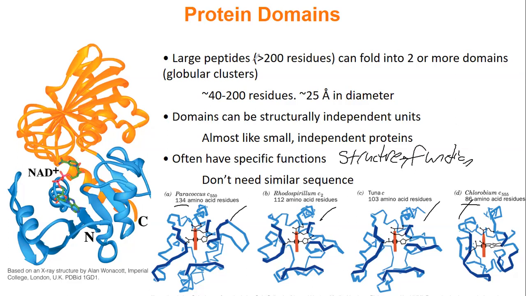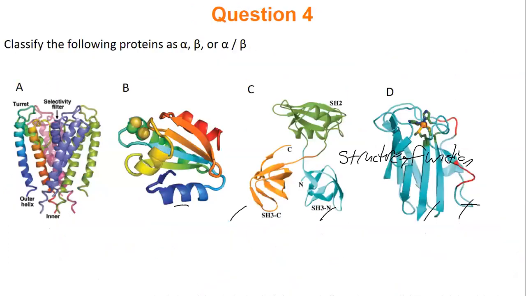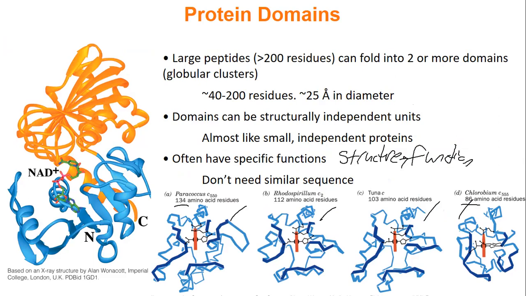Oh, sorry, there was a question on the previous one that I missed. Why does D change colors? So the green is probably saying that it's bound to that iron molecule. I'm going to guess the red means it's super flexible. I would have to look at the original paper to know why they colored things green and red though. Every time you make an image, it's up to you how to color things. So either red has some function, or I'm guessing red's very flexible, so they're not sure where it's located in 3D. That would be my guess. Anyways,